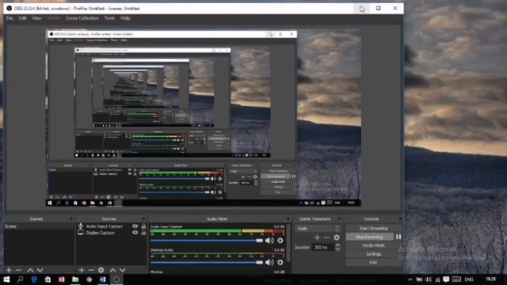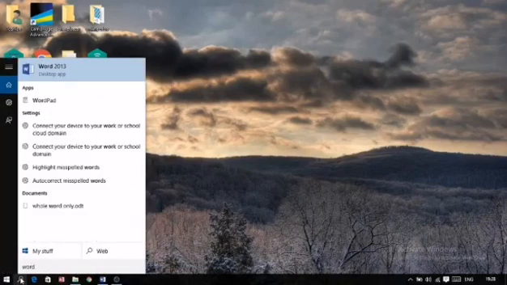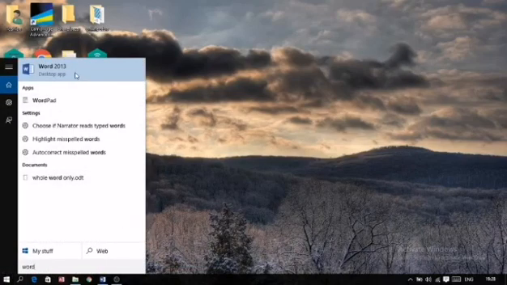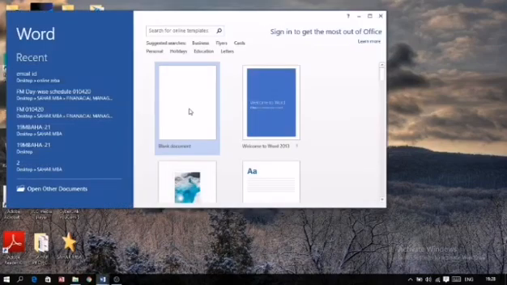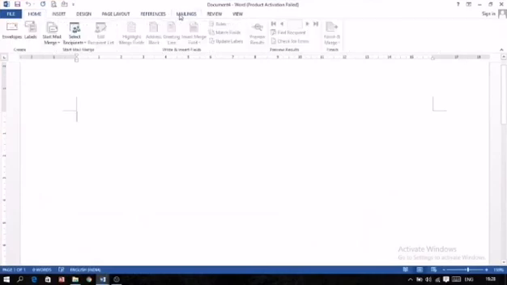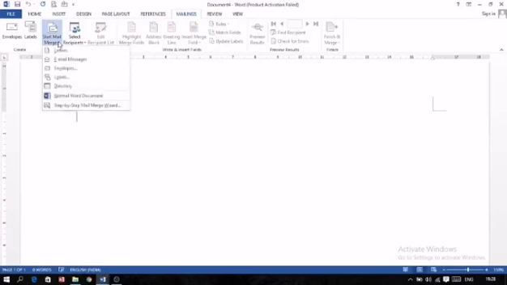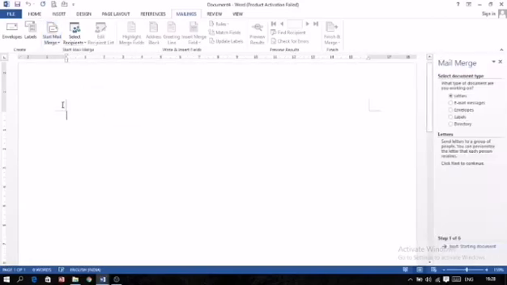Here I'm not saving all these files, and now I will explain the mail merge once again by using the second method, that is with the help of the wizard dialog box. So here I'm opening MS Word, the document is open. Click on the mail merge option, then there is an option written start mail merge. At the last there is an option, step by step mail merge wizard.